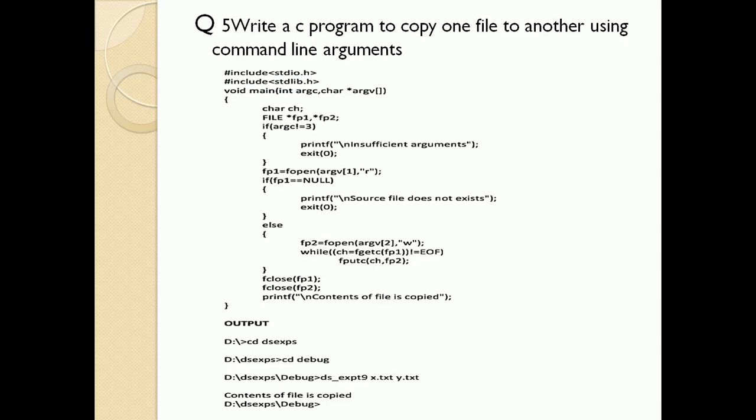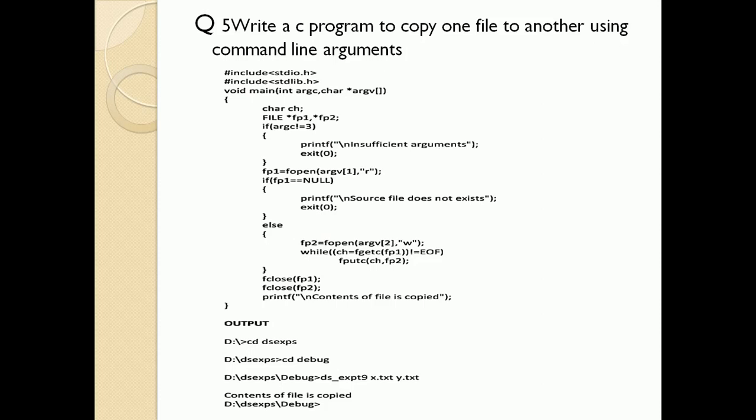The command line parameters appear at the prompt, that's the C prompt, and hence the name command line parameters. So in the main function we pass the arguments, that is, int argc, char star argv. When using command line arguments, always check that an argument exists by using argc before attempting to access the arguments. A common mistake is that we forget to include the name of the program as invoked in the command line arguments.